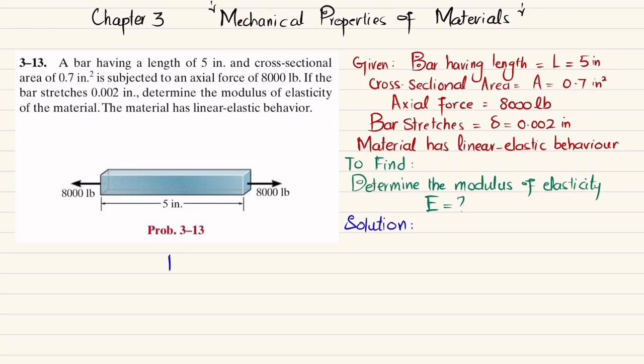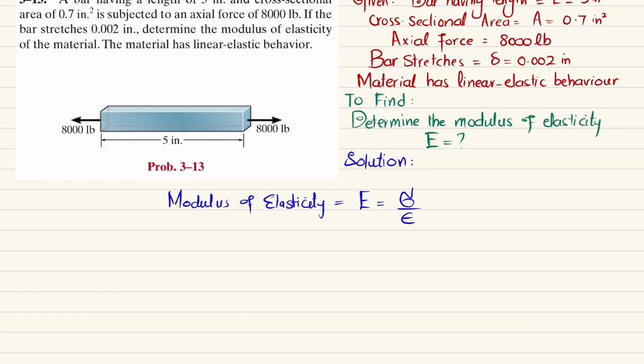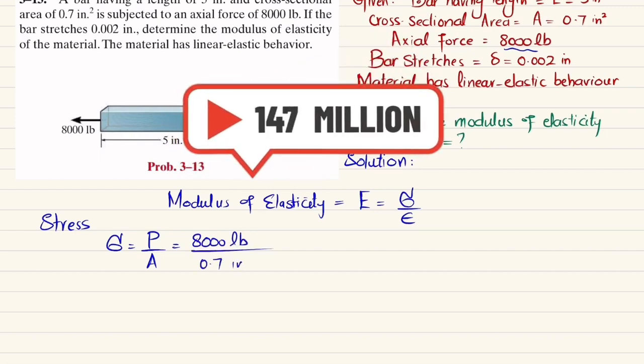As we know, the modulus of elasticity, which is equal to E, is equal to stress divided by strain. We do not know stress and strain, so first we will determine stress. Stress here is equal to axial load divided by the area over which it acts. Axial load is 8,000 pounds, so I will write 8,000 pounds, and area is 0.7 square inch. When you divide it, you will get